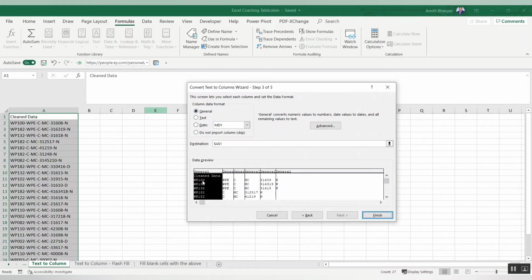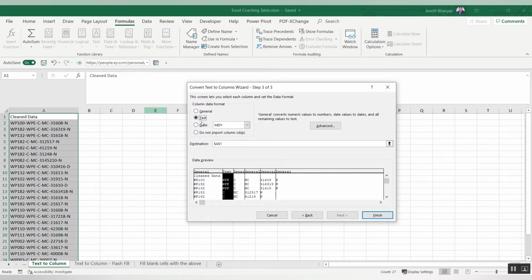It is asking what the column data format is. Do I need to keep it general, text or date, or do not import column? If we say do not import, then the column will be skipped. We will just keep it general because we have words as well as numbers. The next one is text. I can keep it as general as well as text.